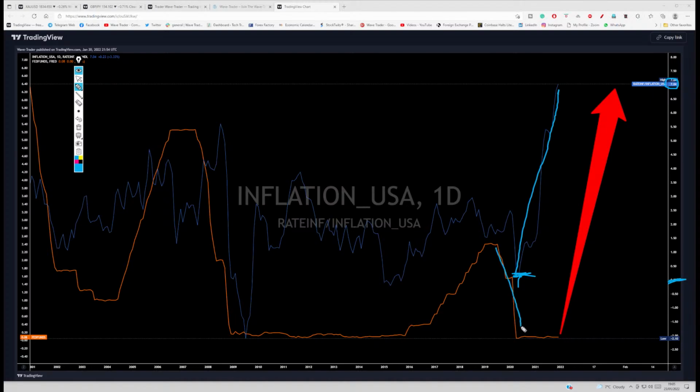And central banks slashed interest rates, cheaper currencies. More currency was printed by the central banks, and inflation went higher. At the same time, gold went for the next leg higher. So right now, again, this chart is very important, as I said before. The Fed funds rate is sitting at the bottom. The Fed is looking to raise the interest rate. Interest rate can come up to 3 at the end of this year, or